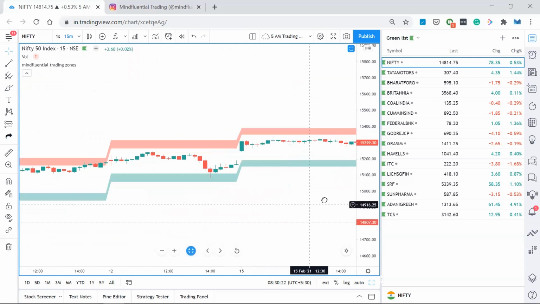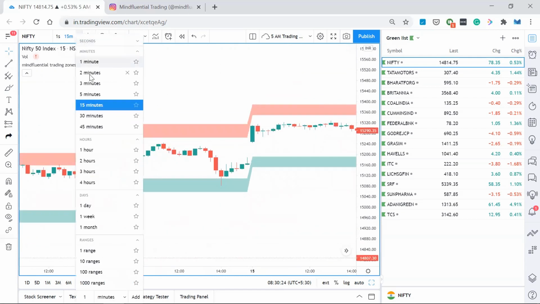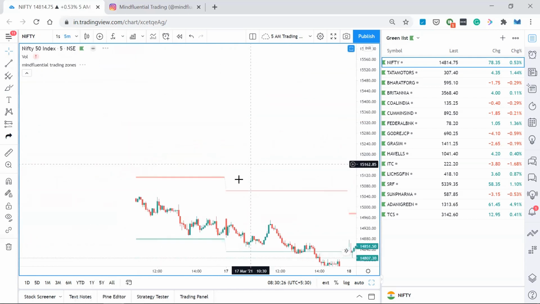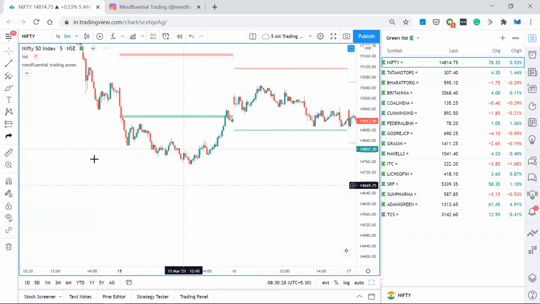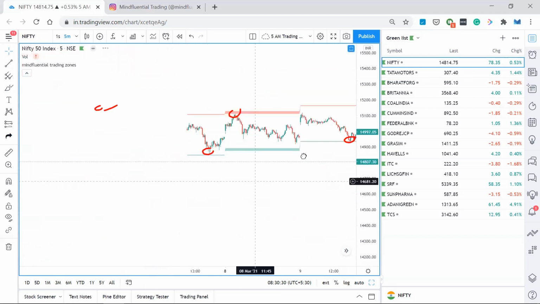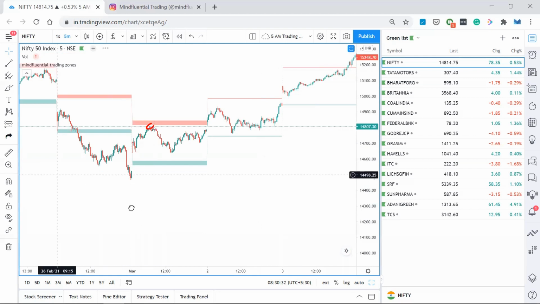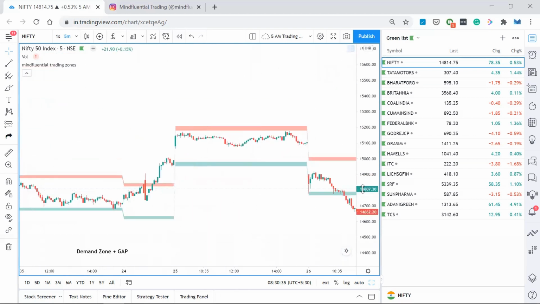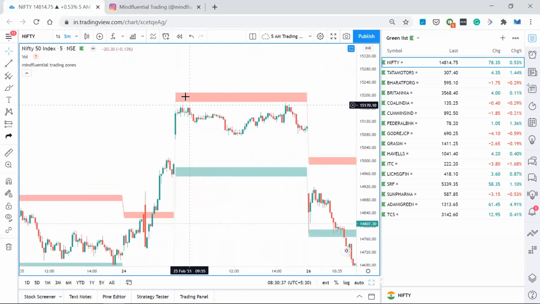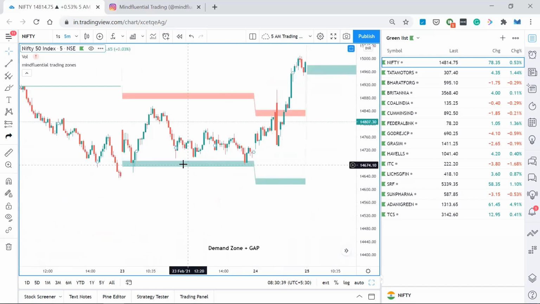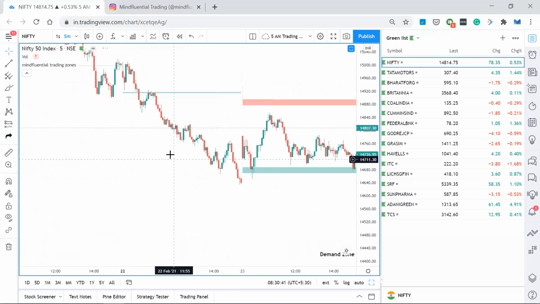It's an intraday tool, so use it in a maximum of 5 minutes to 15 minutes. Don't use it in a 1 hour time frame or like that. Do it in 5 minutes or 15 minutes. And go back to February also, you can check how it's working. See this, this is the place it's getting rejected. This is the place it's getting support. So this is one thing.